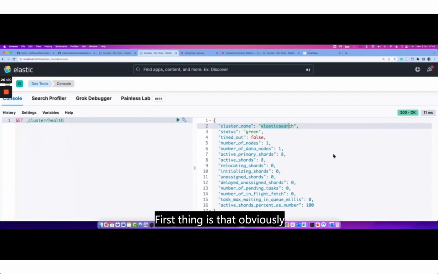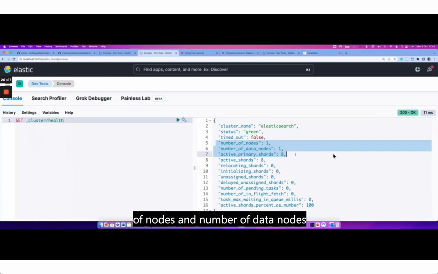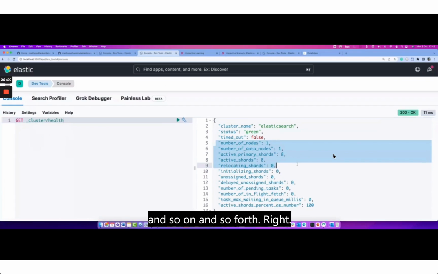First thing is that obviously the cluster name is so and so. The status seems to be green, and there is something called number of nodes and number of data nodes and so on and so forth. I will go through with you the concept of nodes, concept of shards, concept of primaries and replicas in the second hour, because I want to try out a few bits before we